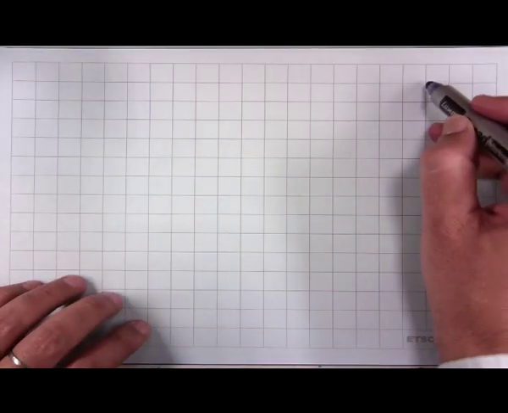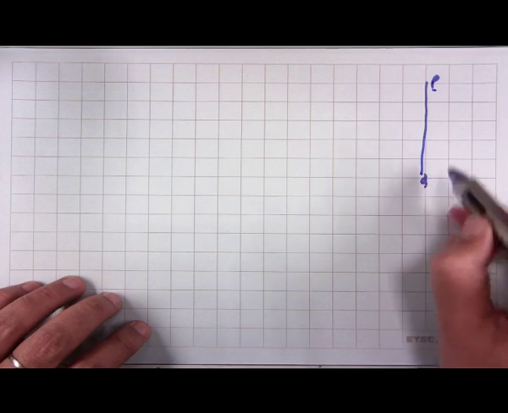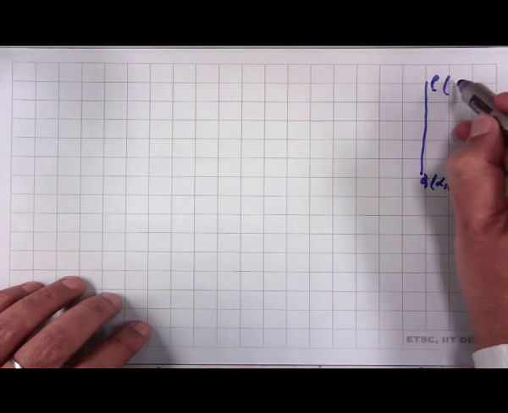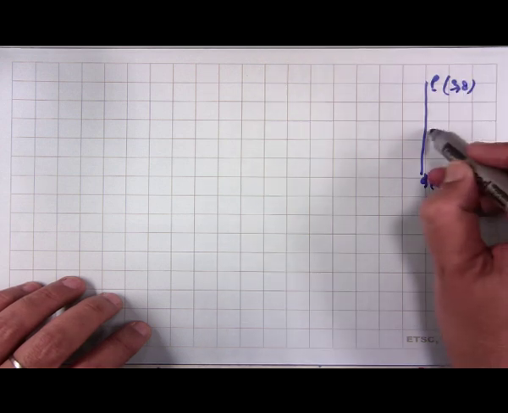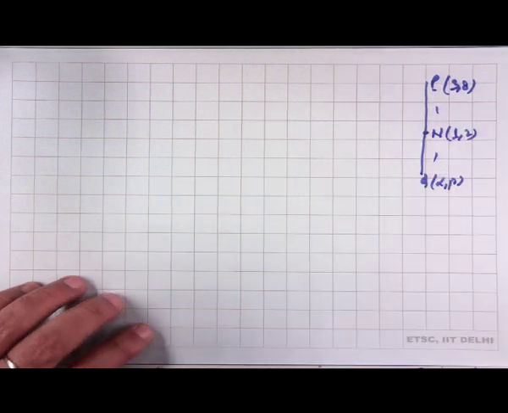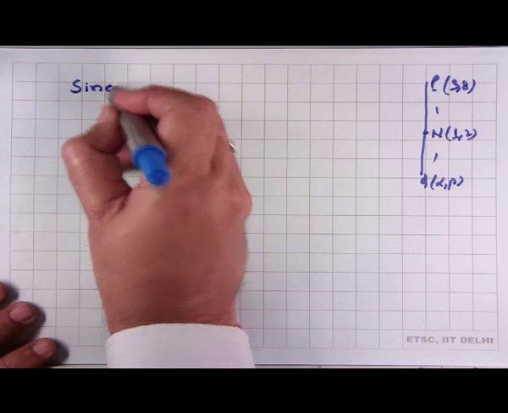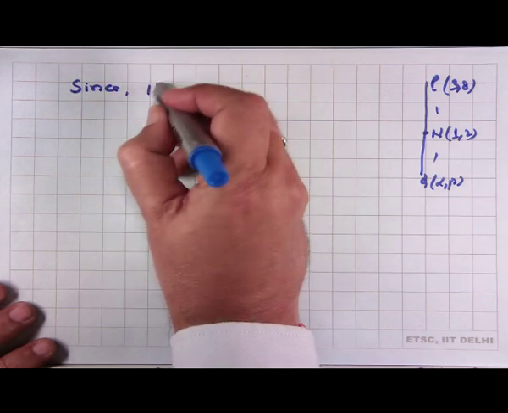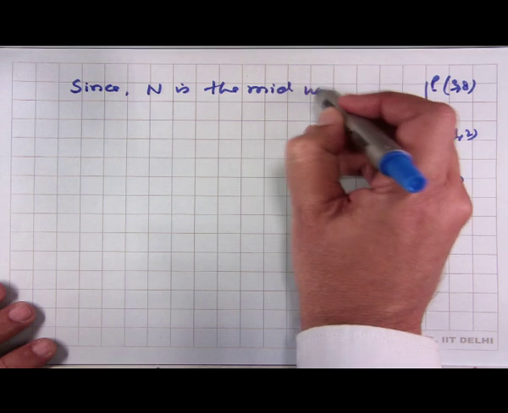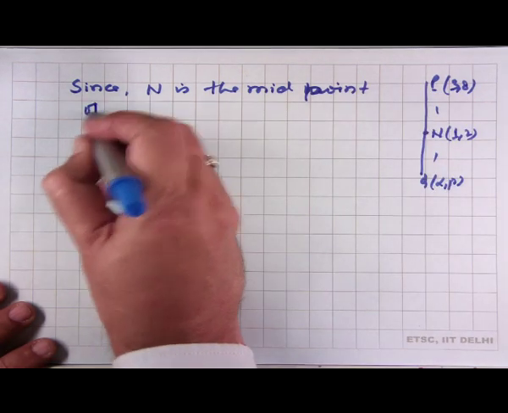It means this is P and this is Q. Q is alpha beta and P is 3, 8 and this point N is 1, 2, which is midpoint of PQ. Since N is the midpoint of PQ,